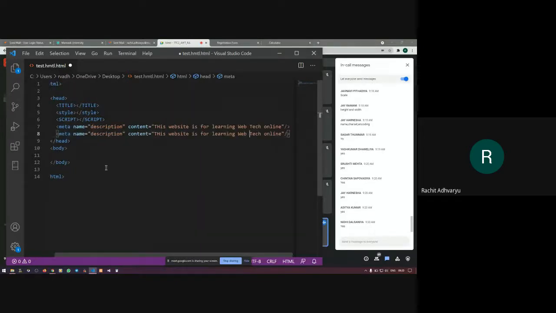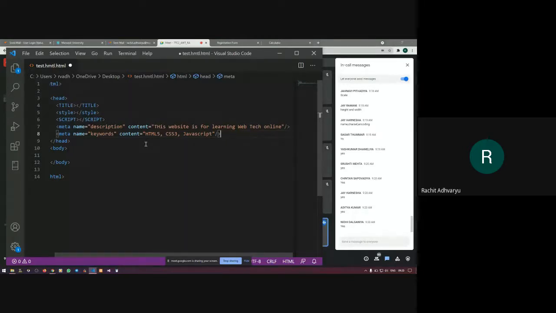So let's say the meta tag name will now be keywords. That means I'm adding some keywords so that search engines can easily find my web page to be displayed on their screen. So let's say my keywords will be HTML5, CSS3, let's say JavaScript, etc. So if someone is trying to search for HTML5 or CSS3 or JavaScript, then my web page will be used somewhere by the search engines.